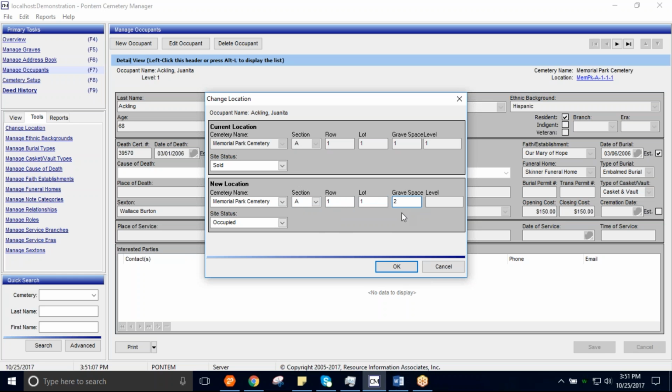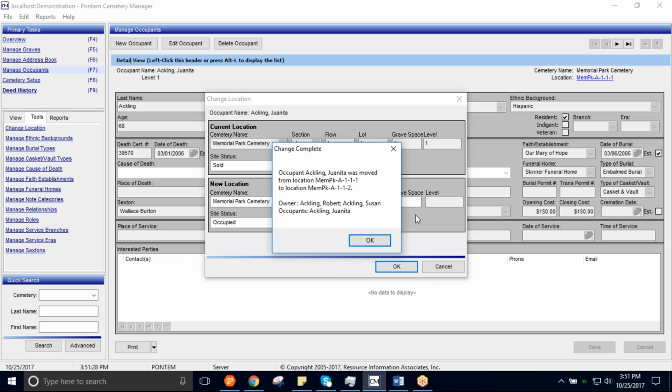Now, one thing to remember, if this grave location that you enter here is not already in the system, this tool will create this grave location, no questions asked. So please make sure this is a valid grave location where you are recording this new person or moving this person to. Once the information is filled in, we simply click the OK button, and a confirmation window is presented to us,